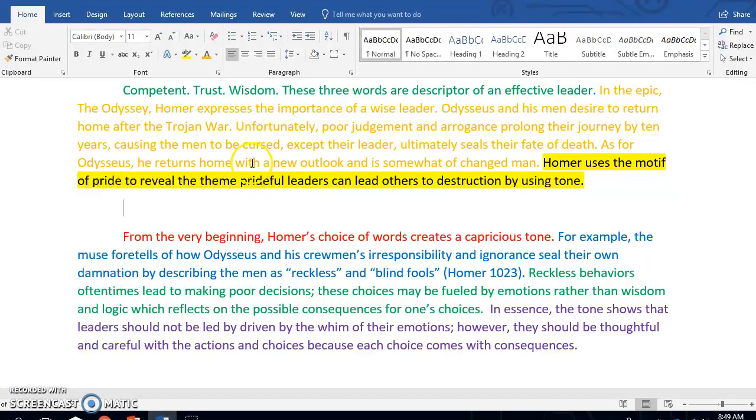Let's go to my body. From the very beginning, Homer's choice of words creates a